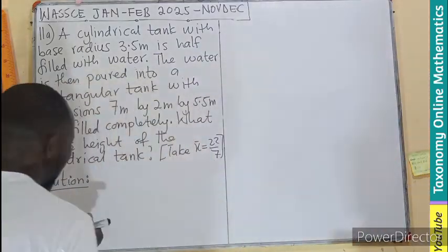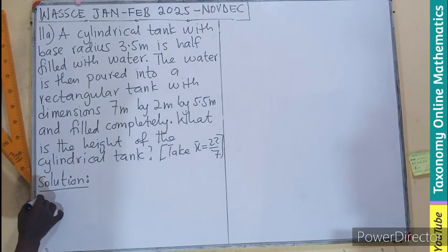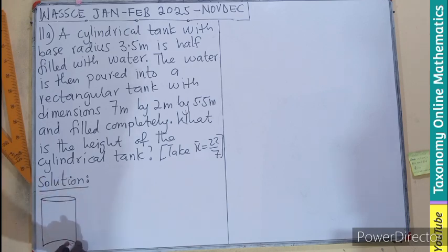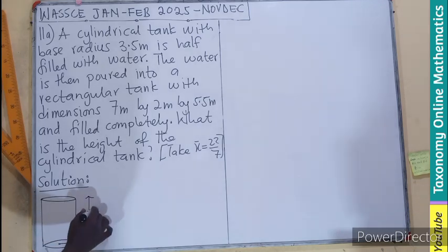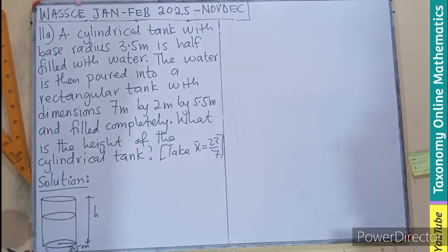So if we make a sketch of our cylindrical tank, it has a radius of 3.5 meters and a height which is unknown, so we have h. The water poured in is half, so if this is half, this water here is just going to be half